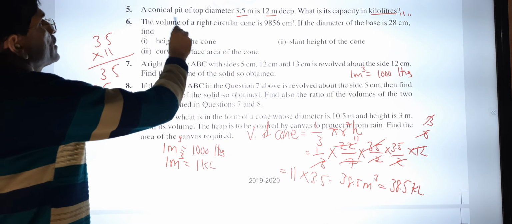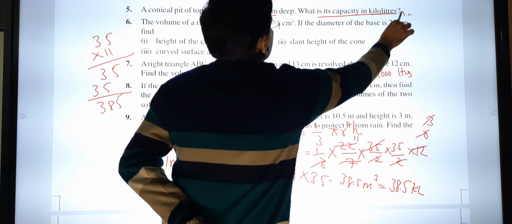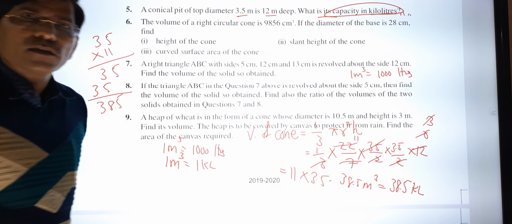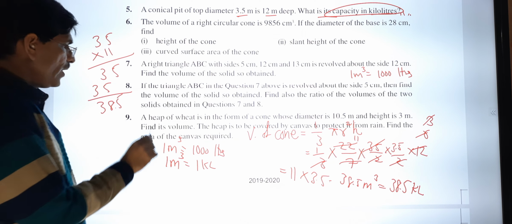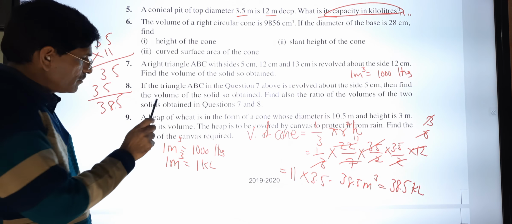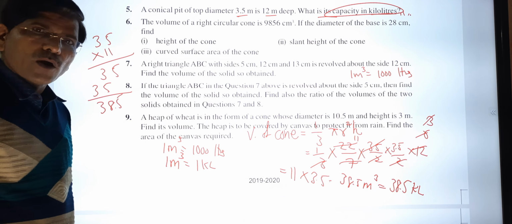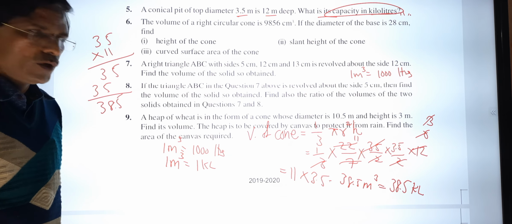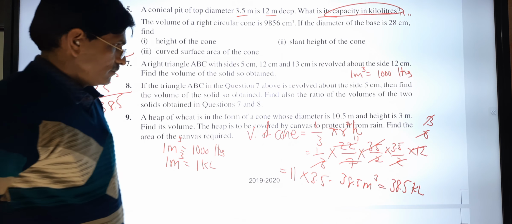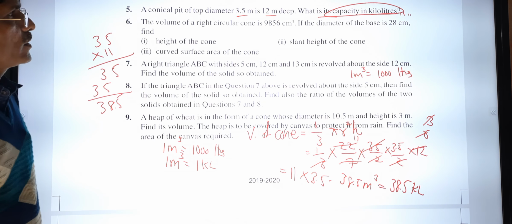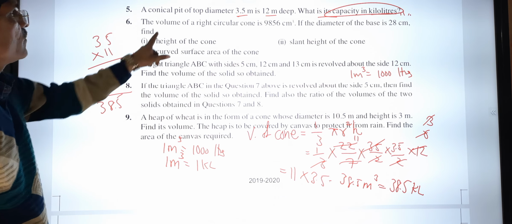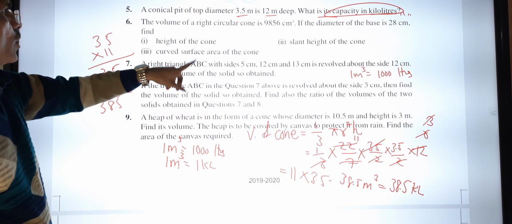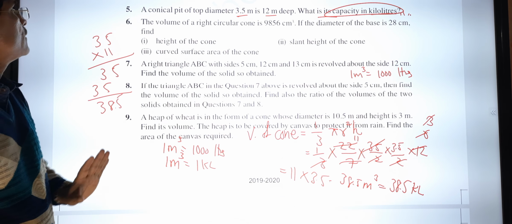Again, it's an important sum. The question is to find the answer in kiloliter. So when we are discussing it, remember 1 meter cube is equal to 1000 liter, which means 1 kiloliter. You have to write this, according to me. I think this sum we have discussed in a class, or maybe we have to do it again.